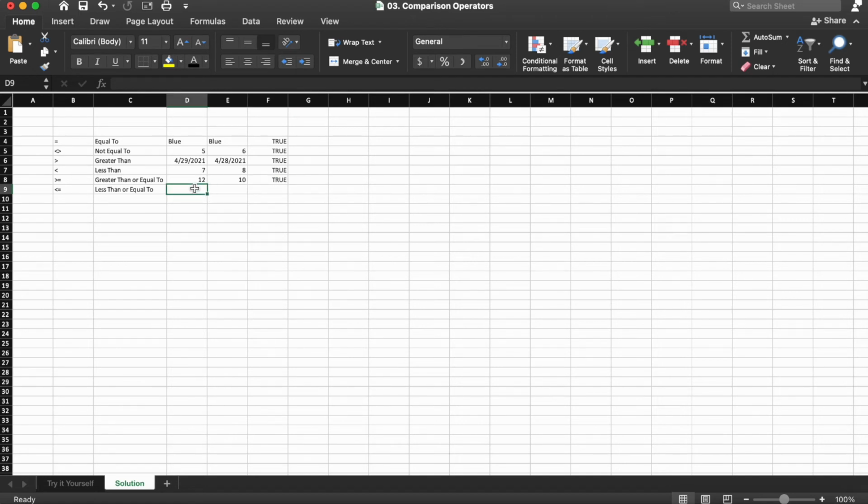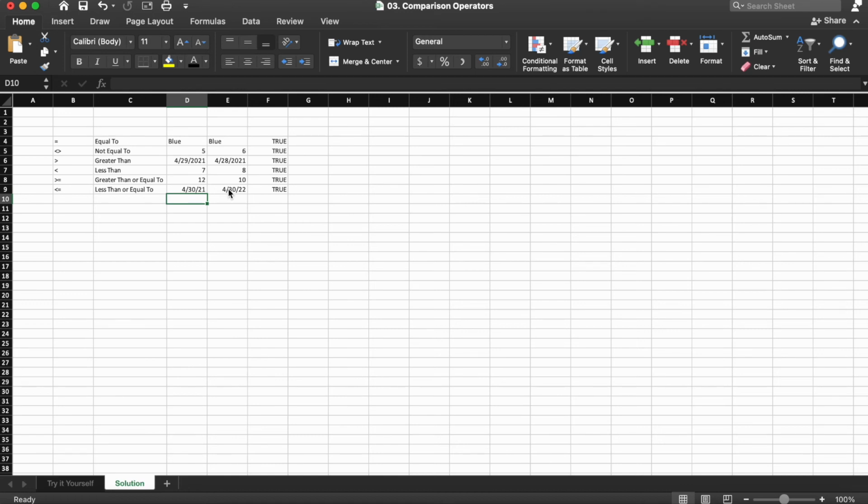Next, we're going to do less than or equal to, and we'll use dates this time. So let's do 4/30/2021 in cell D9, and then we'll jump over to cell E9, and let's put 4/30/2022, and then we'll do equal sign D9 less than or equal to cell E9, enter, and we see that it evaluates to true, which is exactly what we want to see.